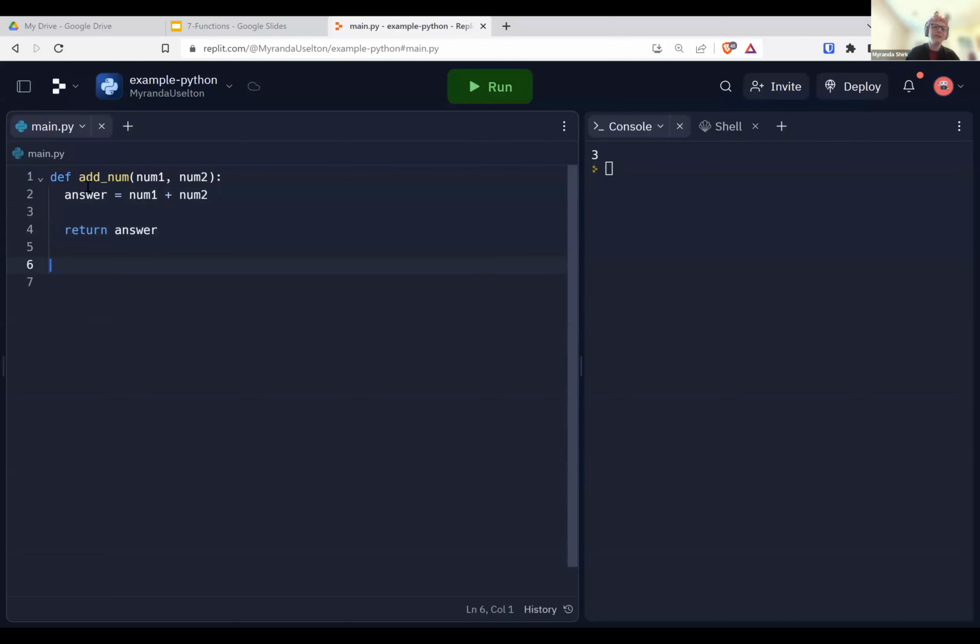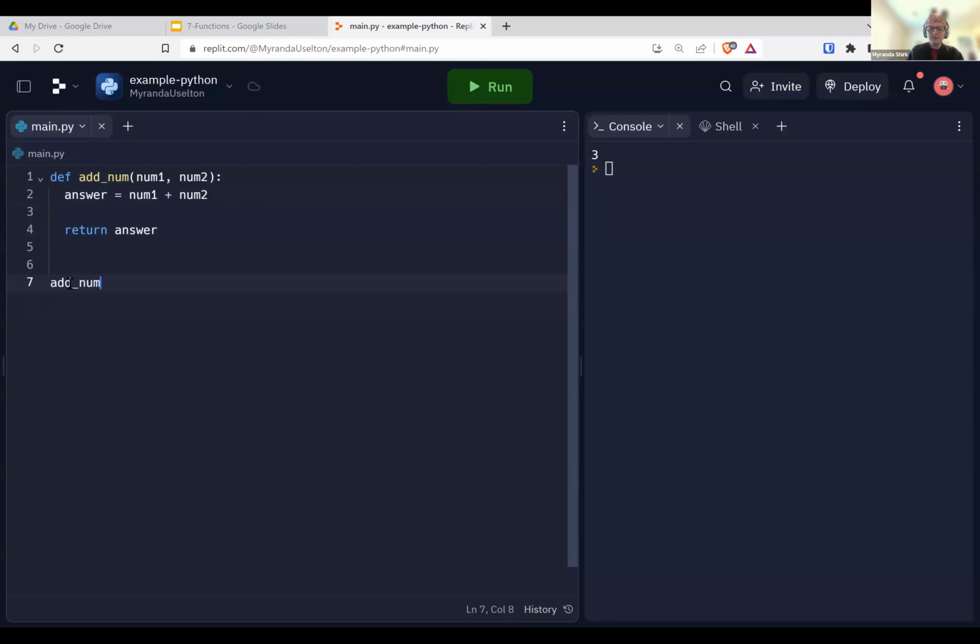This is telling Python that at the end of this function, the function is going to return whatever this variable equals. So the variable does need to be defined within your function. If it's defined somewhere over here outside your function, that can cause problems. So make sure whatever you're returning actually happened inside here. Return answer. And now if we say